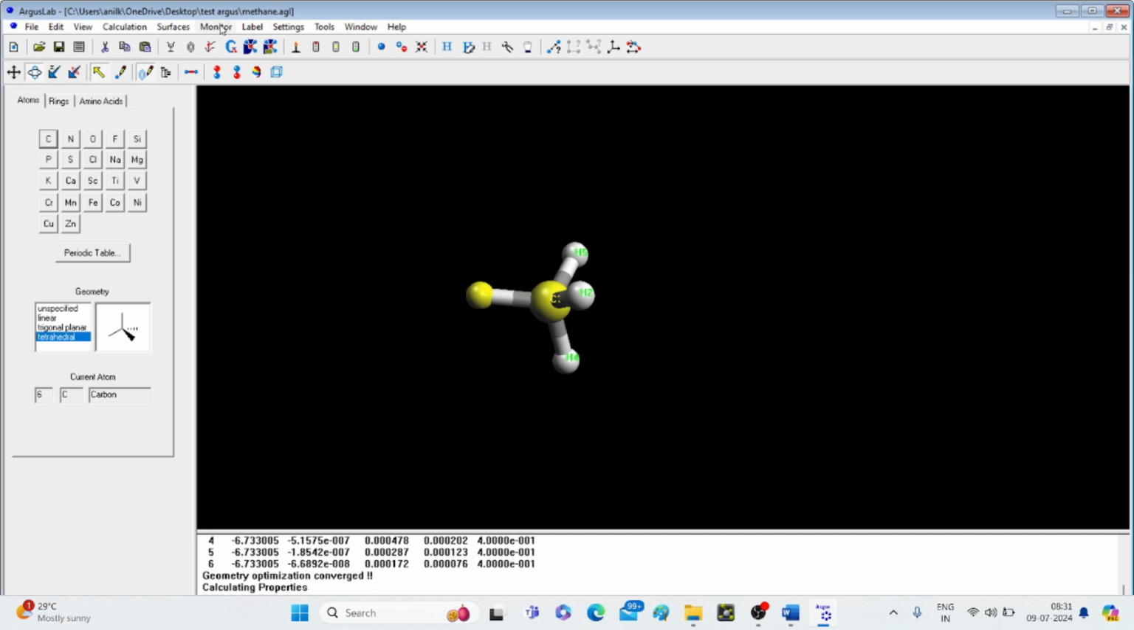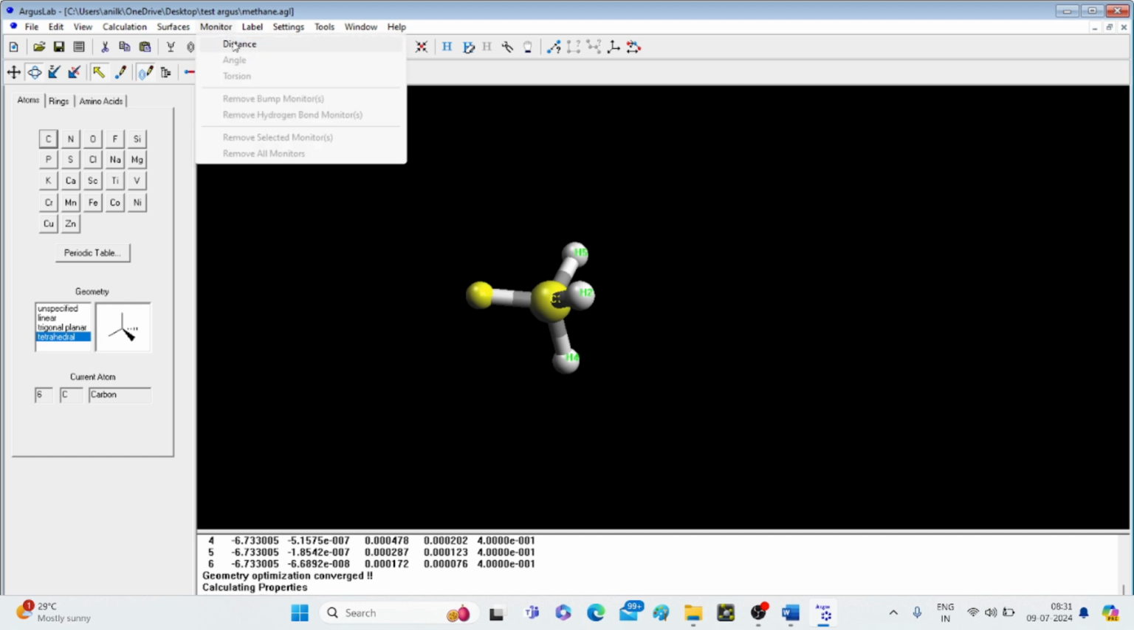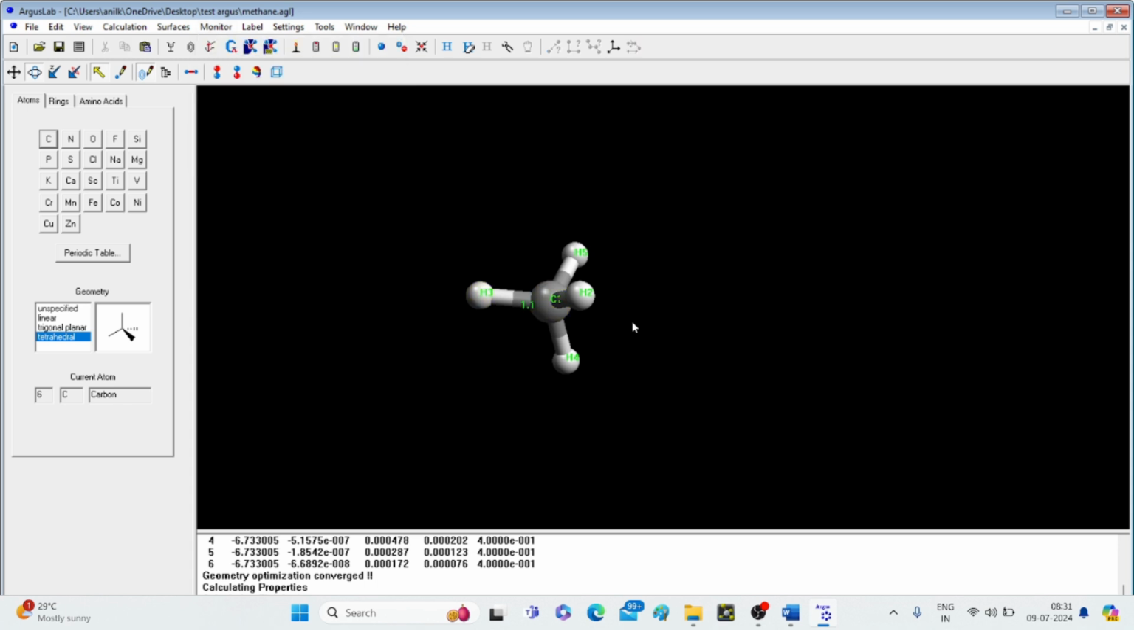Now go to Monitor and Distance. See, only the Distance option is highlighted because I have selected 2 atoms, and between 2 atoms there is a distance. If you select 3 atoms, angle will also be highlighted. If you select 4 atoms, torsion angle will be highlighted. So here is the distance, and the units of this bond length are angstrom. So the bond length is